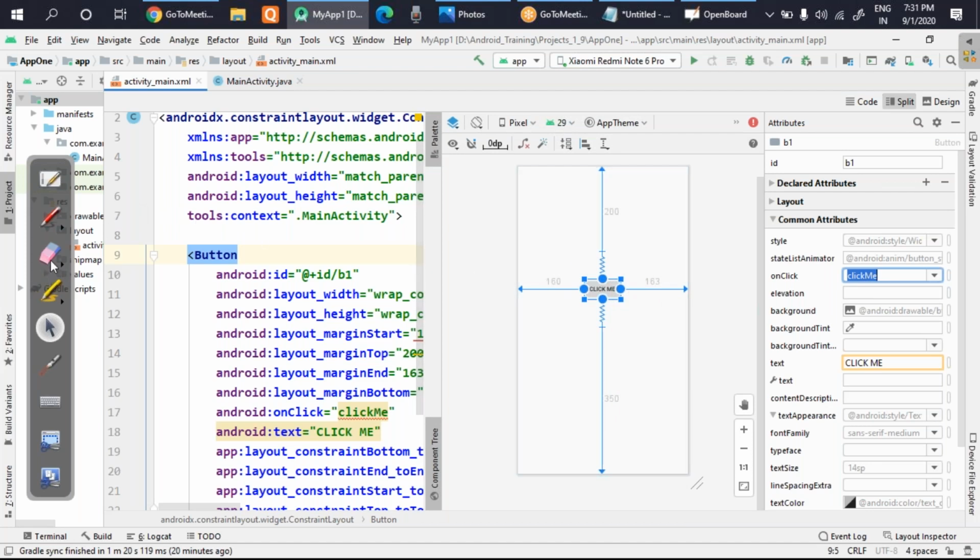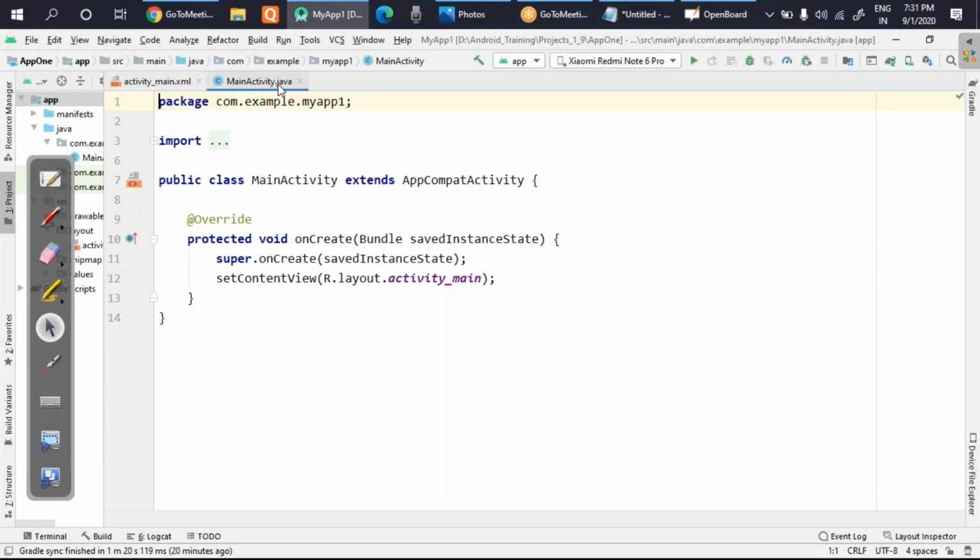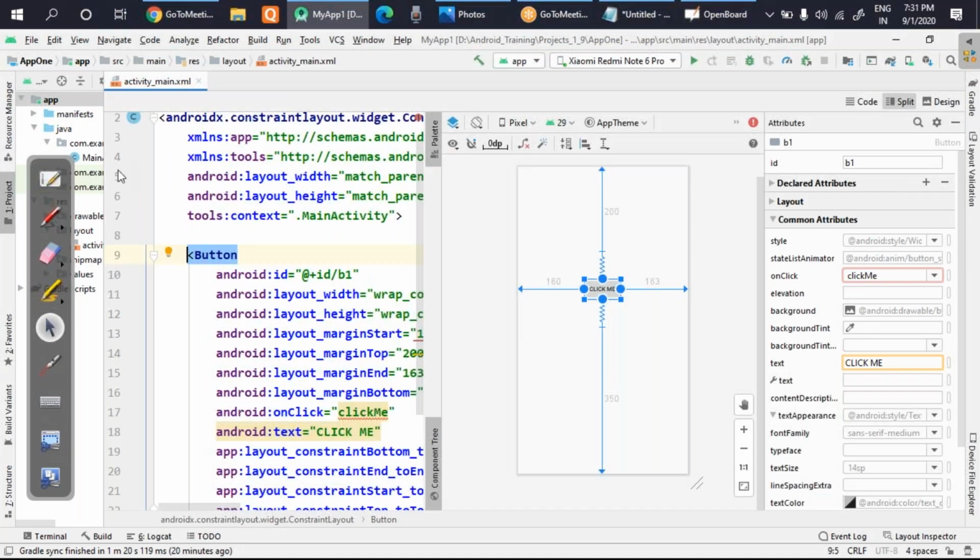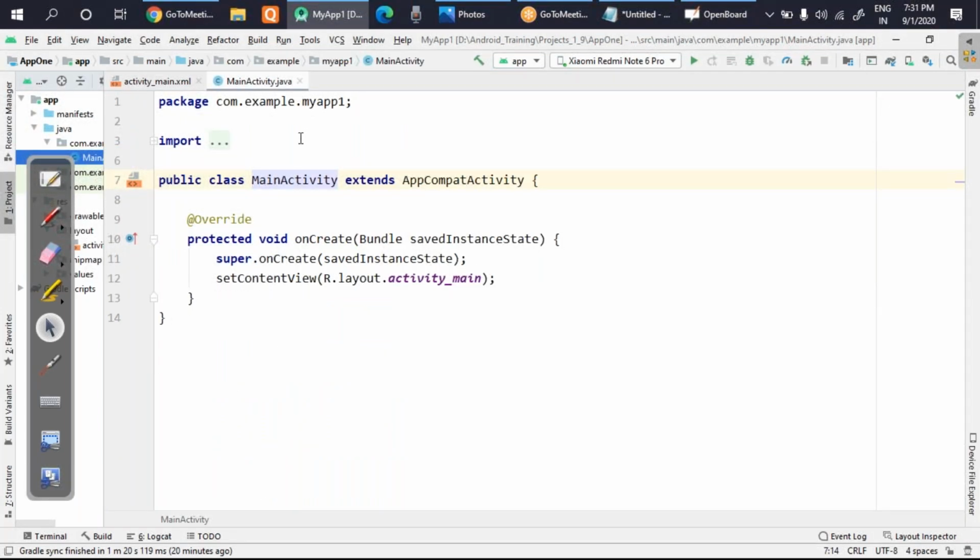Okay, so I'll now quickly move to the backend part, and the backend part is always your MainActivity.java. Suppose for some reason this gets deleted, you can open it by clicking on this MainActivity which is present inside java. You can double click, and that will open up. Now if you look here, by default some code is written. For the time being, forget what is written, just focus on what I am writing.